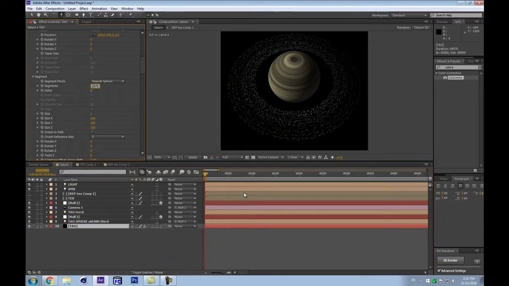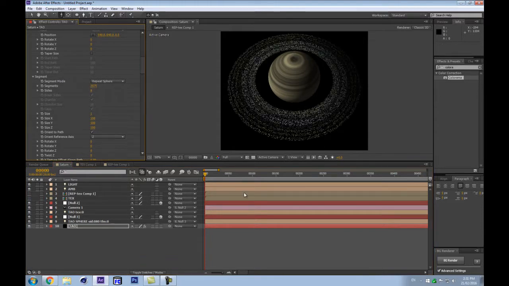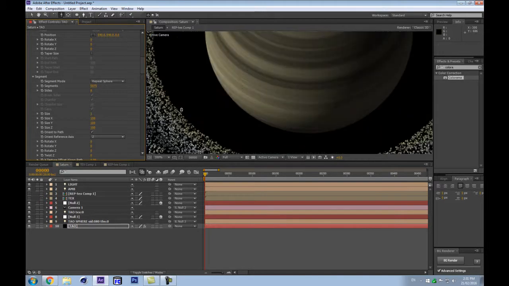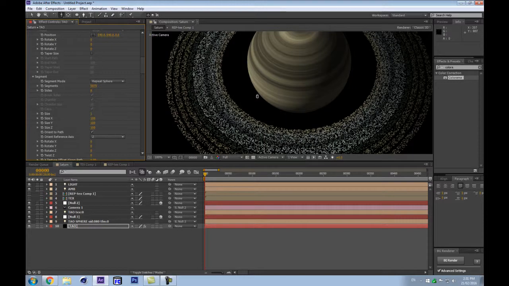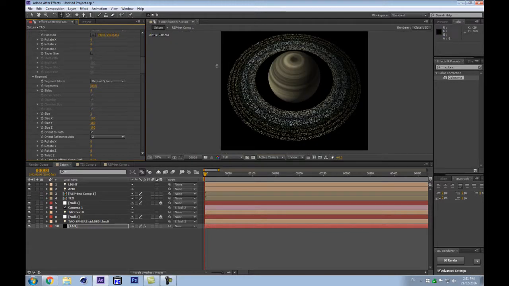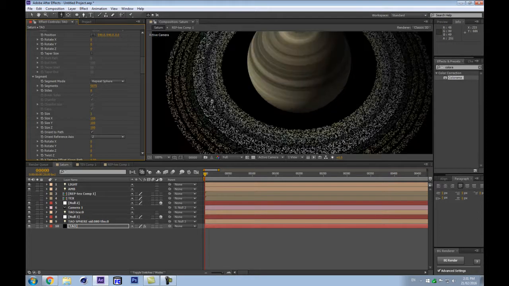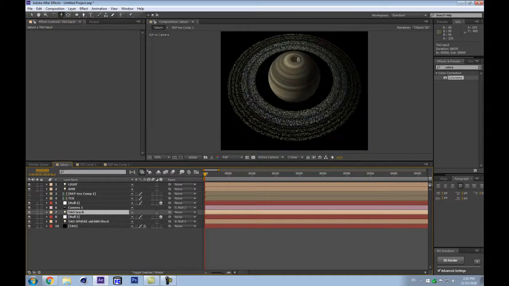So let's increase the amount of segments, and you can always have it more populated and still have the different colors and our gaps and all,